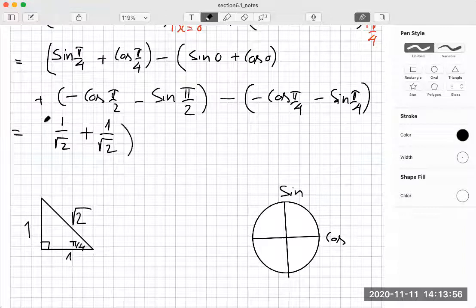So it will be this minus 0. Cosine of 0? Yes. Good job. And next here,